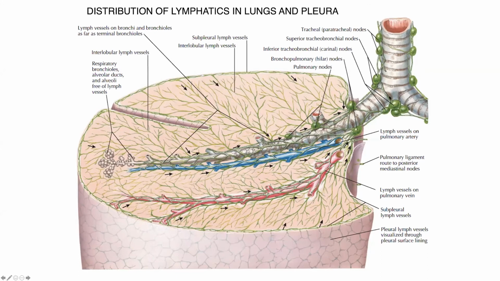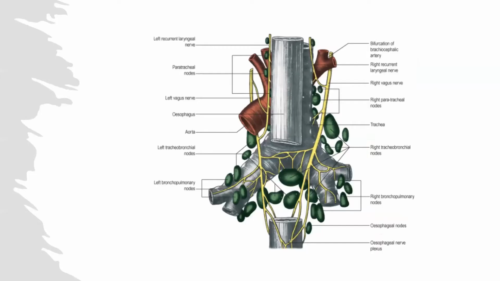So you can estimate the cancer cell has reached this level. So this will be helpful for staging a cancer. And then you can plan what treatment is optimal for this patient after having a tissue diagnosis. What is a tissue diagnosis? You take a biopsy, you take a sample, and then you react accordingly. I hope we are fine with that. So now again, re-emphasizing, showing you the close relationship of the nerves and the brachial plexus and these lymph nodes.